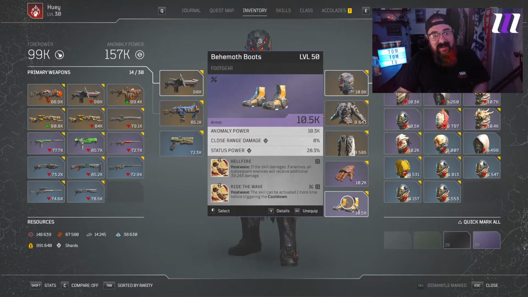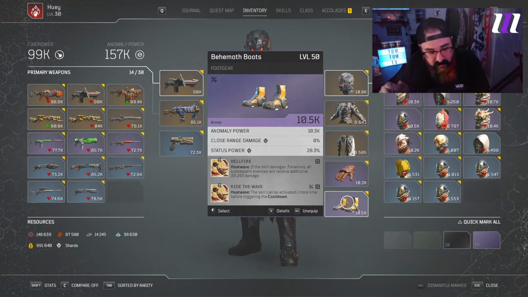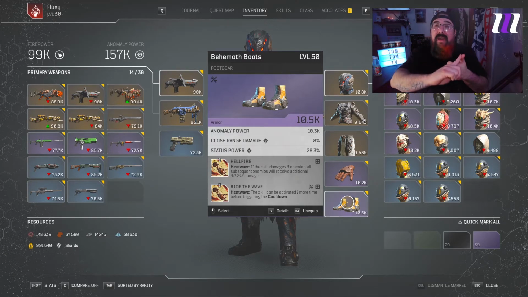What we're going to be running here is Hellfire and Ride the Wave, anomaly power, close range, and status. Once again, these feet aren't perfect at all either. Besides my legendary pieces, these two purples are going to be changed, but the mods are going to be staying mostly the same. All right, as the build structure is pretty much Ride the Wave, Ride the Tide, Branded,